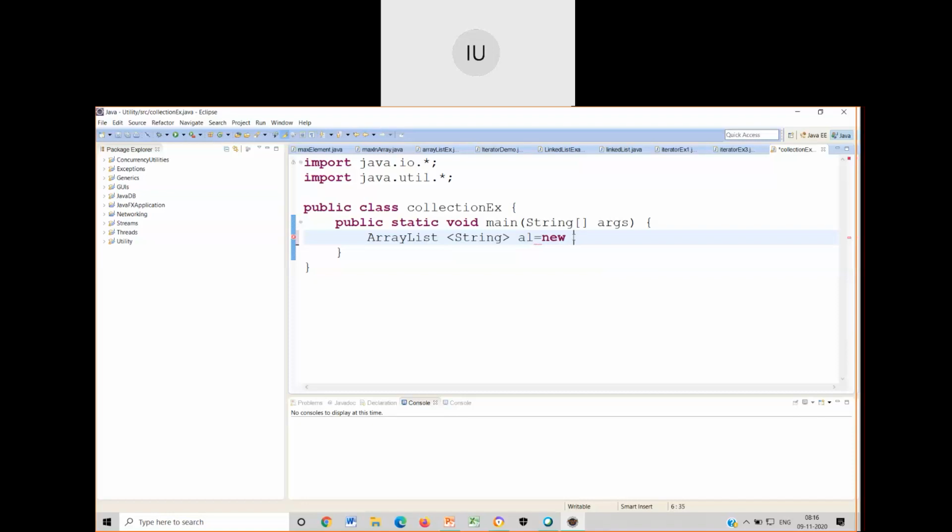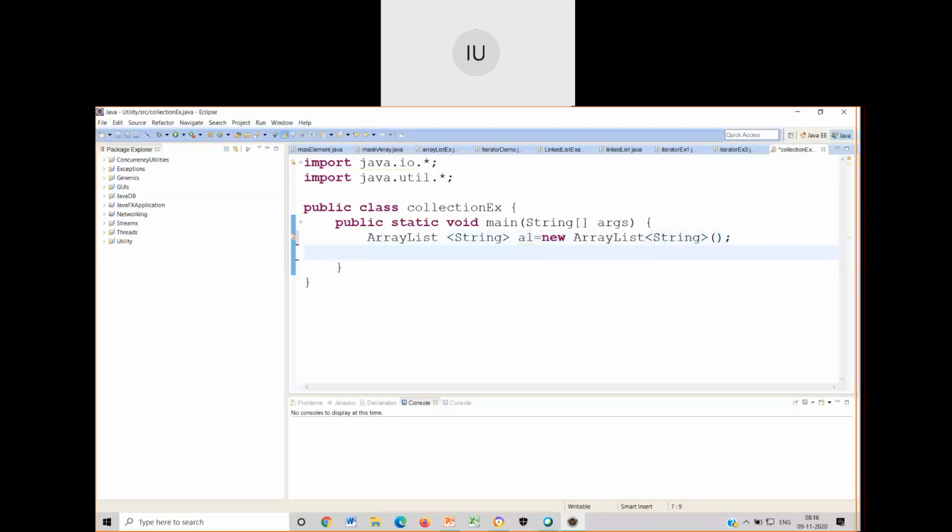Then when I want to create anything like this, you will always write something like this using the new keyword. But there is something missing. When I want to create an array list of type string, I have to mention that on the other side also. So this is how the array list is created.